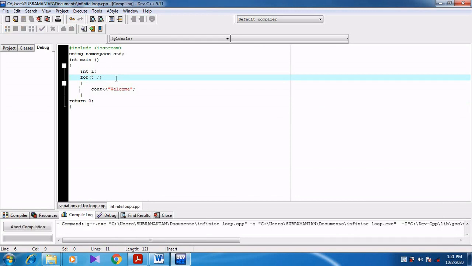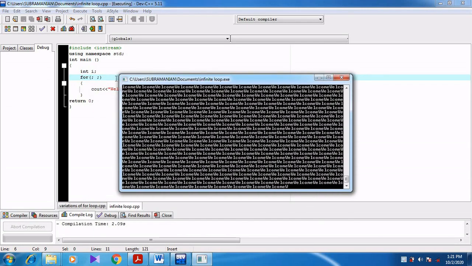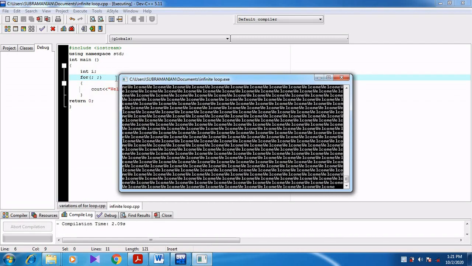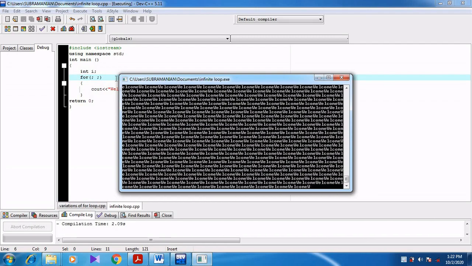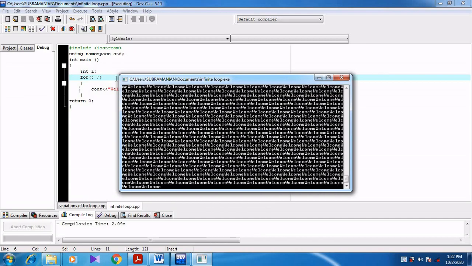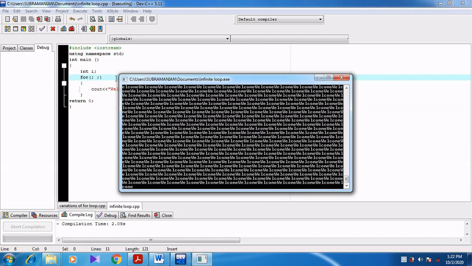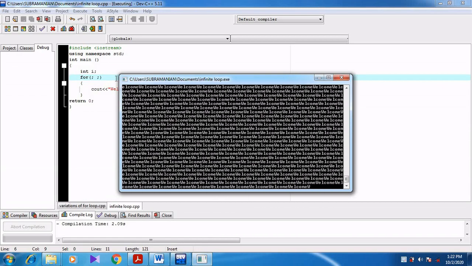When I press F9 for compilation, then F10, the same thing is repeated. If the test expression is absent, it is an infinite loop. If I am not giving any expression at all, that is no initialization, no condition, no updation, then it forms an infinite loop.